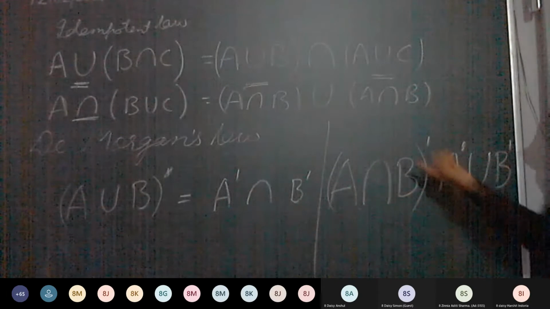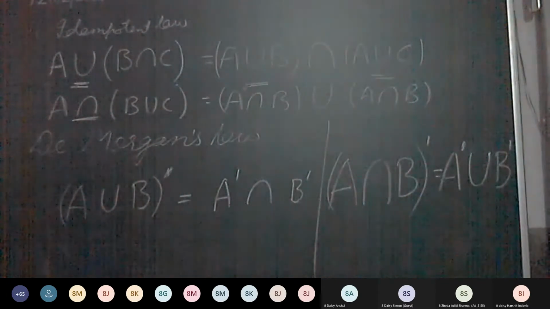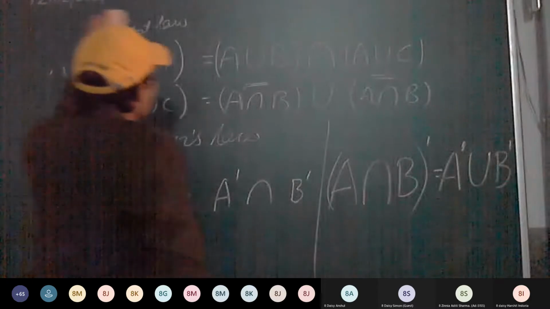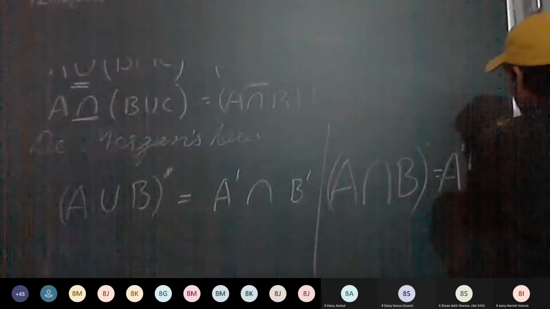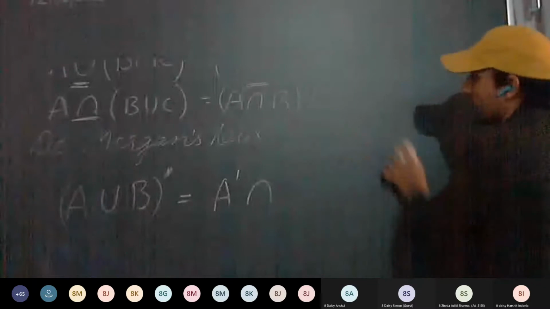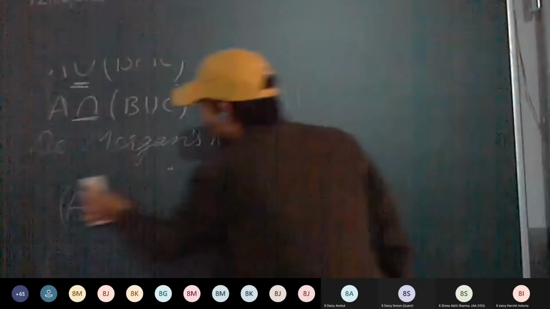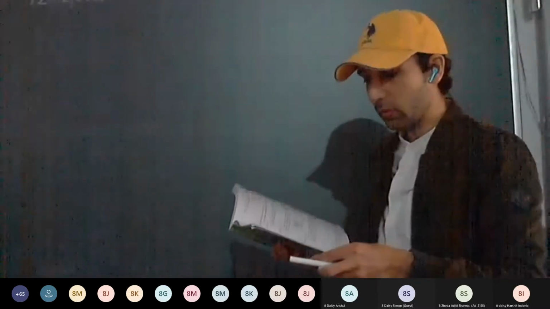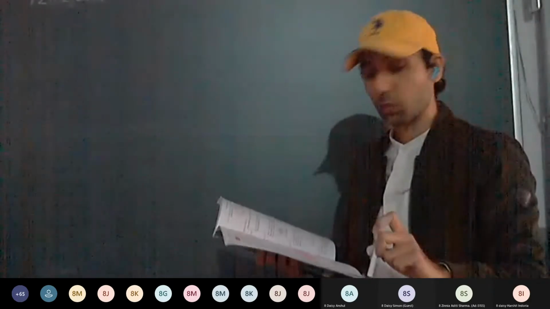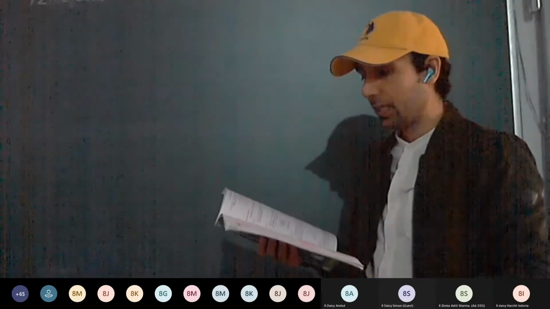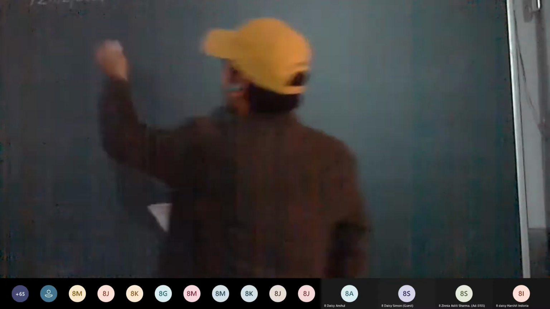Now we'll be solving questions over them. So fourth question, start doing. It's given in set builder form, so write it in roster form or tabular form. Fourth question: let the universal set be U such that U equal to X, such that X belongs to whole numbers. So two conditions are given: X has to be whole number and X is less than 9. So what will be our universal set?